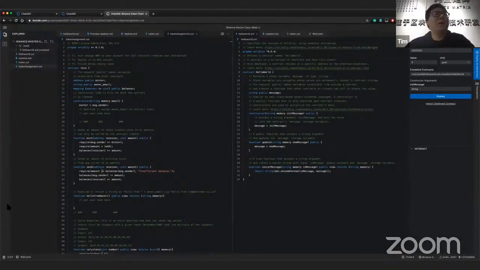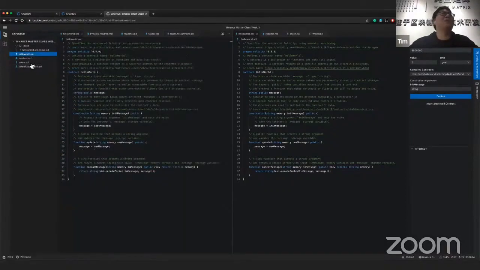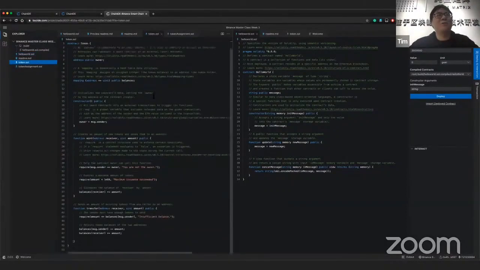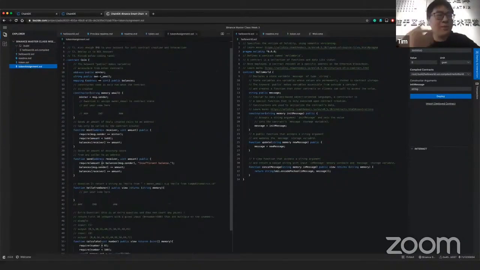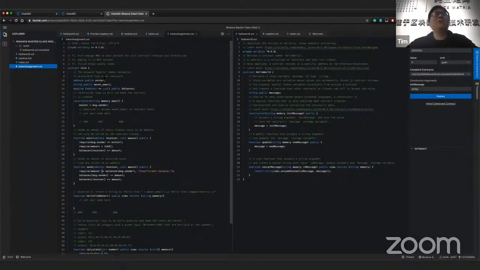Okay, so on the left is the File Explorer tab, so you can browse all these files here. Basically, today we have 3 Solidity files. The first one is Hello World. The second one is token, which I will briefly talk about. And the third one is a token assignment, which is basically the practice you guys probably want to do later as part of this week's assignment. And